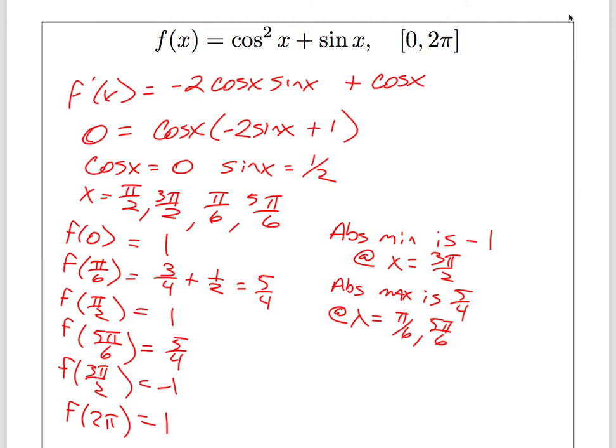So, what does the EVT say? If a function is continuous on a closed interval, you're guaranteed to have an absolute max and an absolute min. So we take the derivative, we find our critical points, and then we find the y values that go with the critical points and the endpoints. Whichever y value is the smallest, that's my minimum. Whichever y value is the largest, that's my maximum. There it is. Here's another